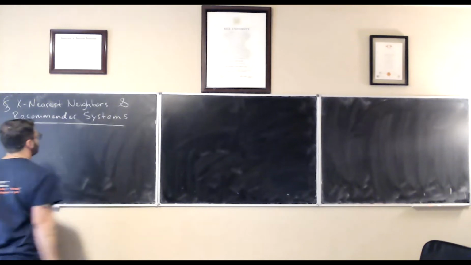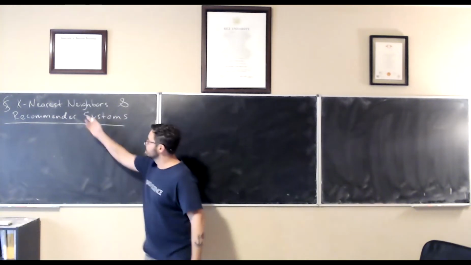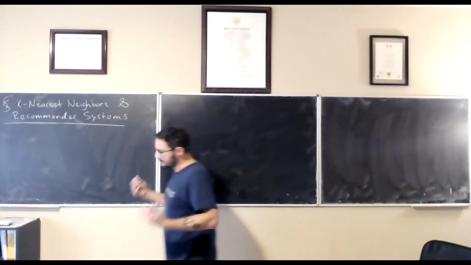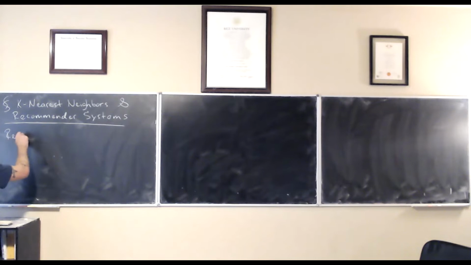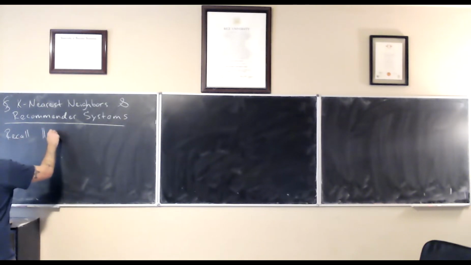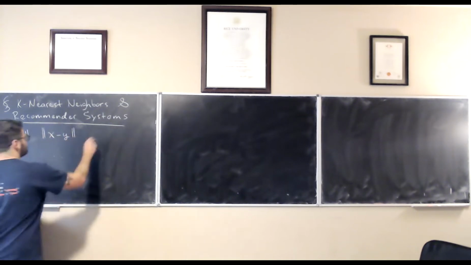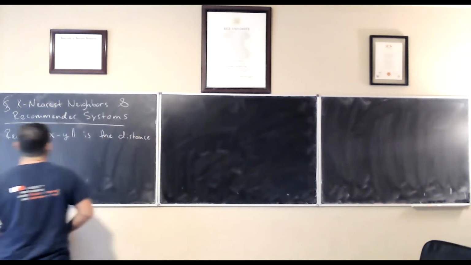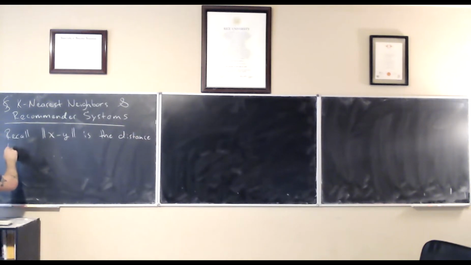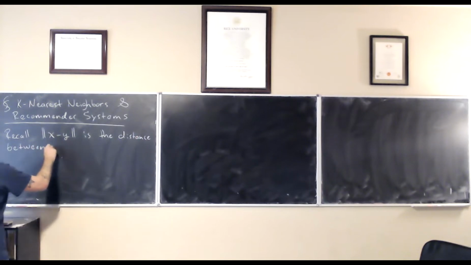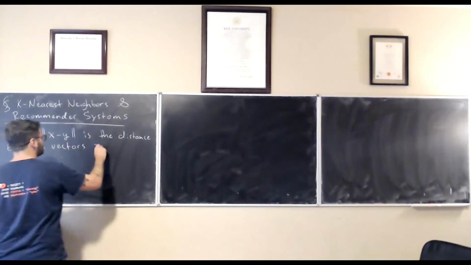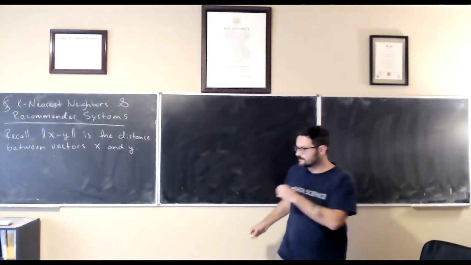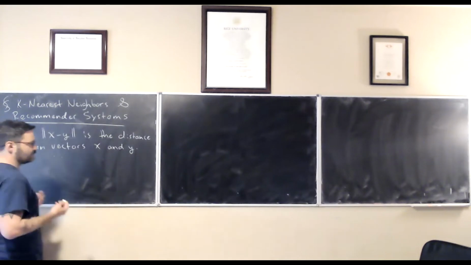So this algorithm, k-nearest neighbors, relies on the notion of distance between feature vectors. And from last time, in the last lecture, you may recall that the norm of the difference between vectors x and y is the distance between vectors x and y. Right. So this is an incredibly useful notion, because when dealing with data, the data